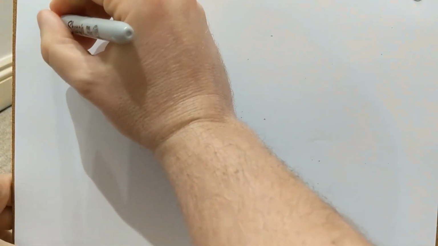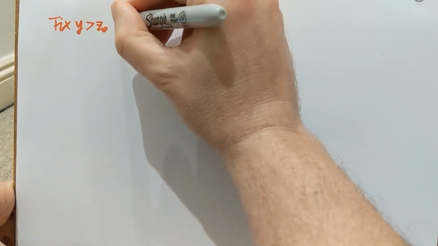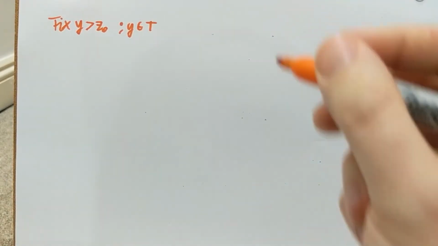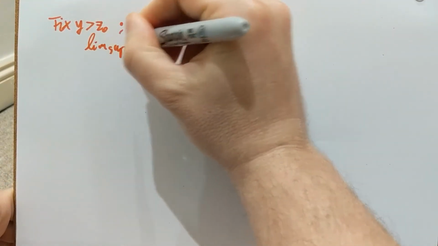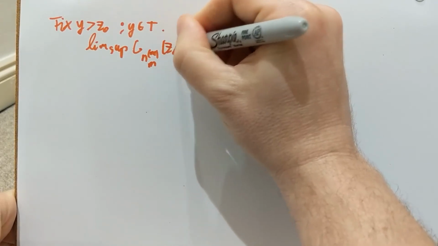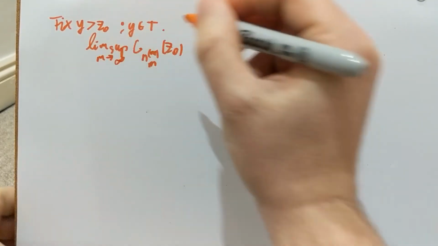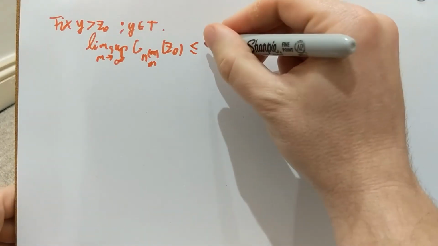Okay, so fix a point y that's larger than z_0 and is in T. Okay, and let's take a look at the lim sup of G_{n_m}, this diagonal subsequence, at z_0 as m goes to infinity. Now at this point z_0, I have no idea whether I have convergence or not. If z_0 is in T, then of course I do, but otherwise I don't necessarily, but I always have the lim sup. Okay, and because y is larger than z_0, and for every n_m this function here is monotone, that monotonicity is going through the lim sup,